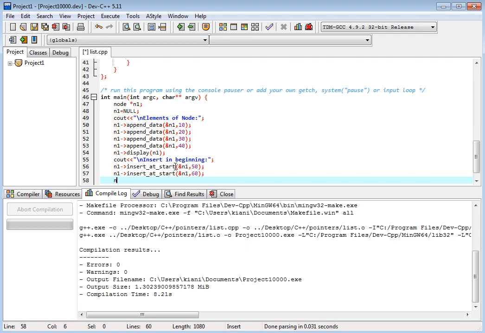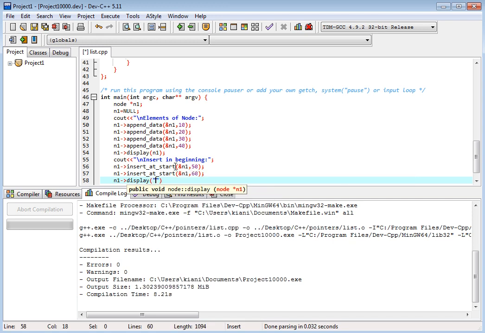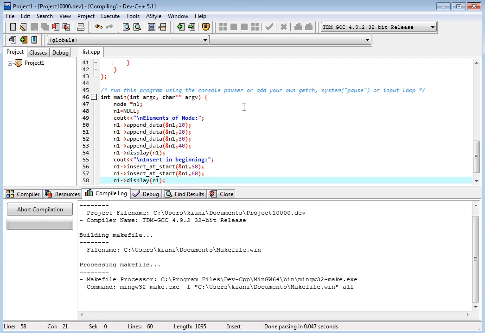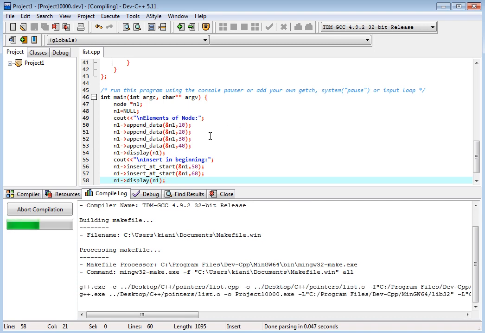And now we call the display function, display, and in the display we have n1, okay. Now we compile it and see what is the output.